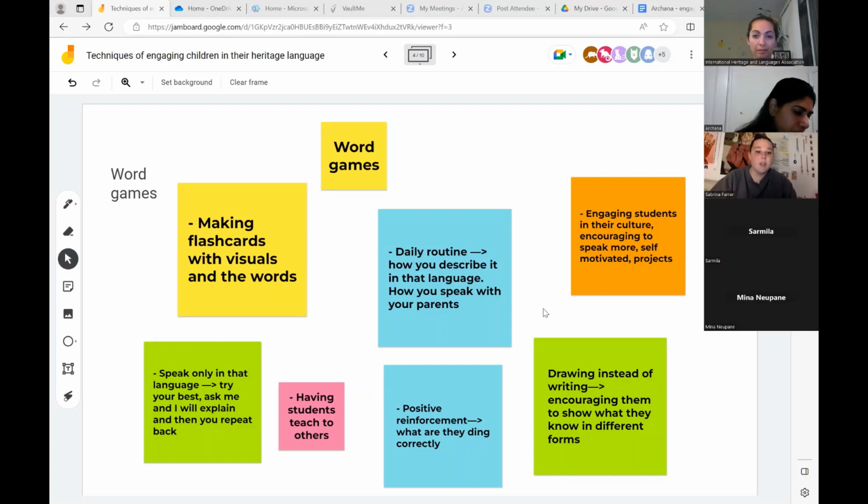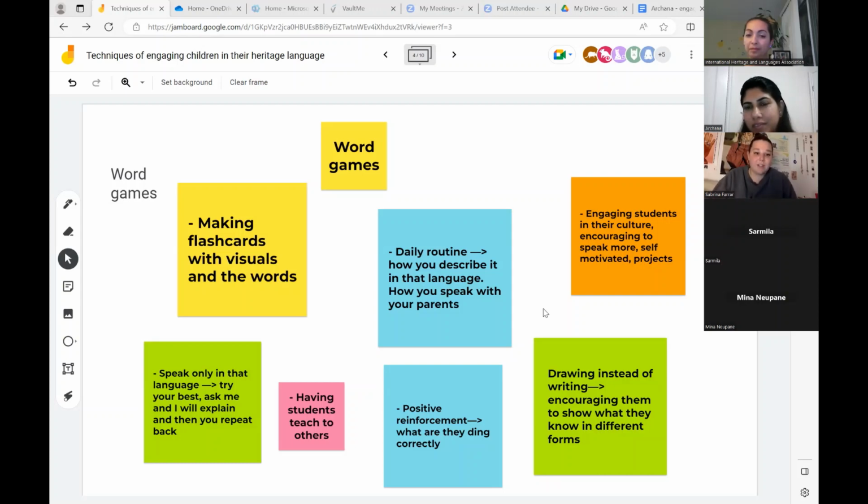So once you wake up, how are you greeting your parents in the morning in your language? What kind of foods are you going to eat? How are you articulating what you want to wear? How you feel today? So it's the everyday type of conversation that you have in your native language or the language that you're trying to learn. In that daily routine, it becomes more of a natural process. So you're thinking in that language instead of English, you're kind of maximizing it in the other language.